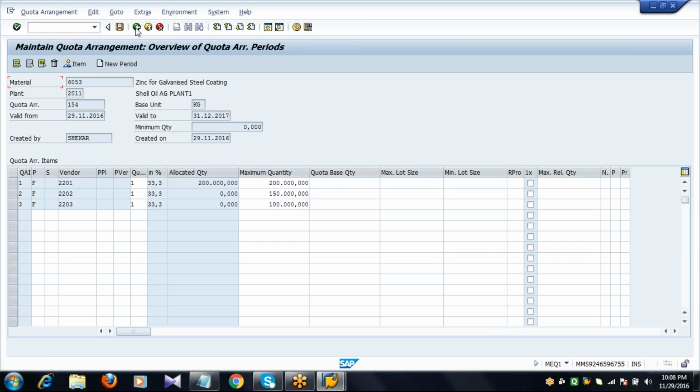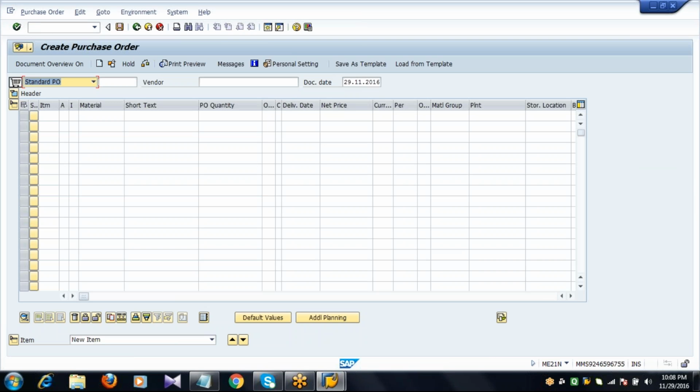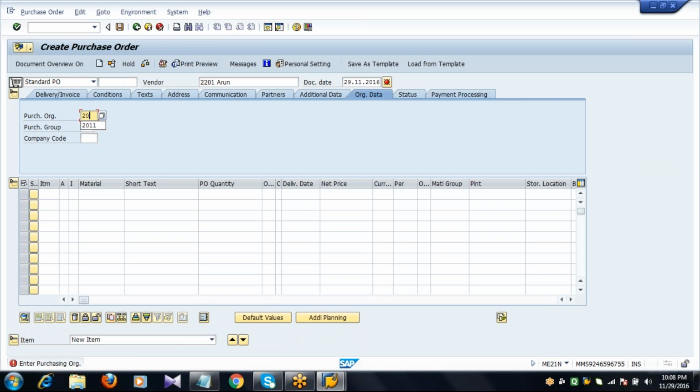Now we'll see. Let's say 1 lakh 50 kgs of the material.